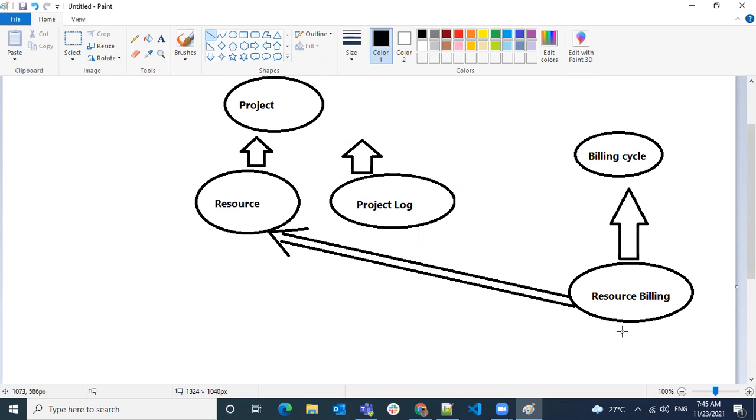So if I want to create a resource billing, I have a resource I can create, but I also need to map it to a billing cycle. This billing cycle is nowhere related to the project, resource, or project log.